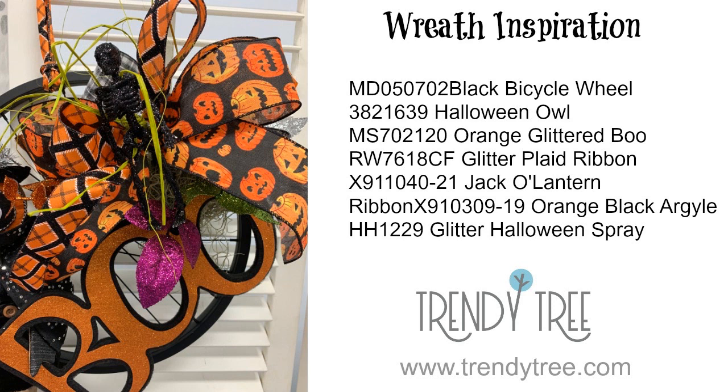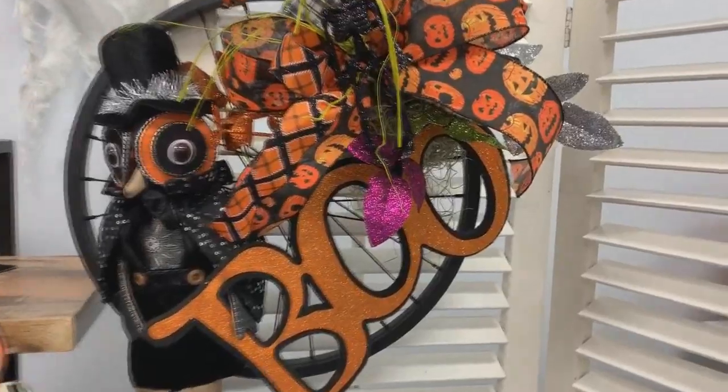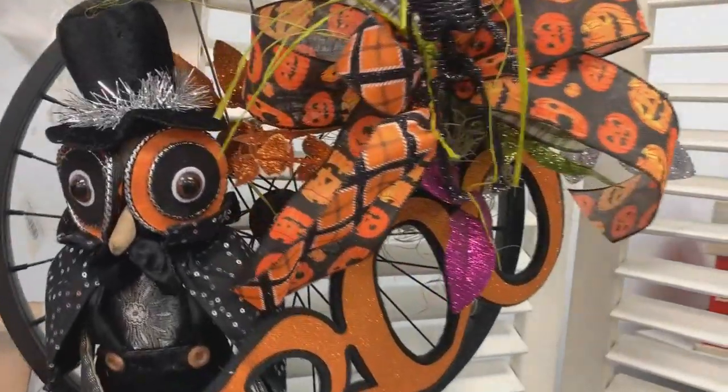I stopped by the shop yesterday, and she had put together this really cute Halloween wreath using the black bicycle wheel. The bicycle wheels are about 16.5 inches in diameter, and the number is